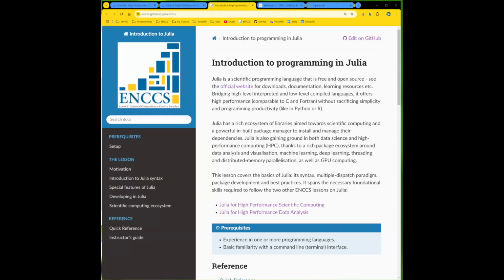So, Julia, what is Julia? Julia is a scientific computer programming language like Python. It brings the high level interpreted and the low level compiled language together to form this one. It offers high performance, for example, the performance is comparable to C and Fortran, without sacrificing the simplicity and programming productivity. It is simple and